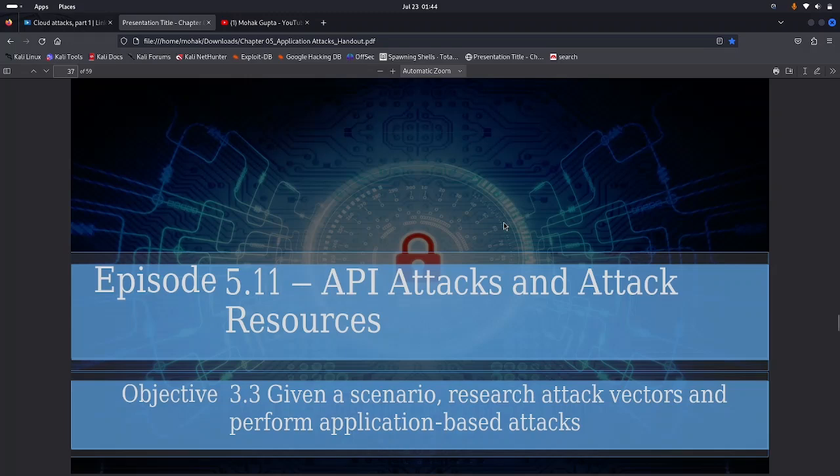So today our topic will be the API attacks and the attack resources, plus the privilege escalation part. Because in pen testing, privilege escalation is not generally required, but sometimes it is necessary to actually know about the attacks. I am going to take the privilege escalation part and the other parts